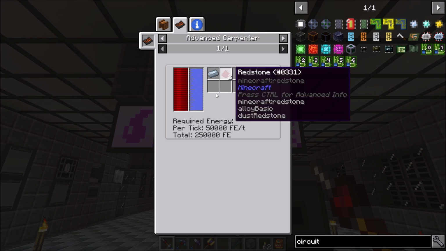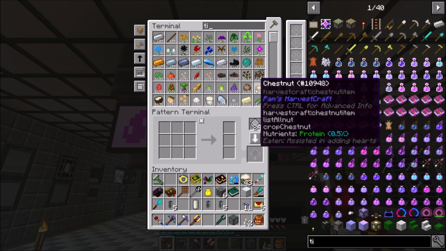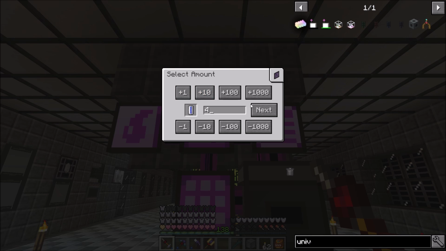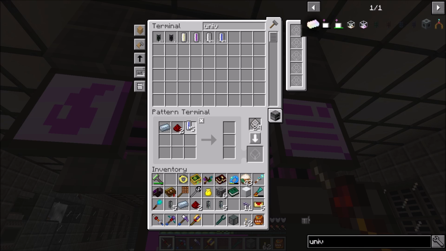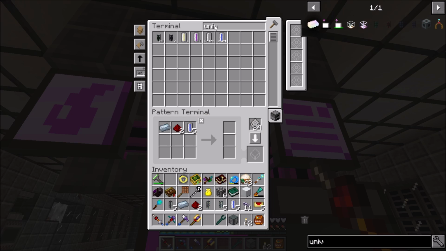So if you take 5,000 millibuckets of water, a tin ingot, and 2 redstone, and you take, I'm actually going to need to order 4 more of these. Okay, so there's our universal fluid cells. It kind of lagged up there a second. If you take 5 of those, 2 redstone, and a tin ingot, you're going to get